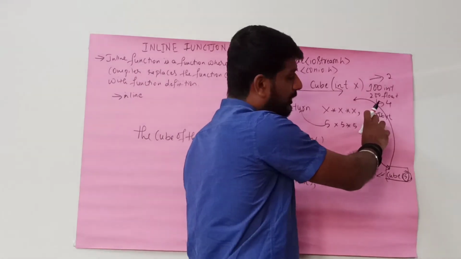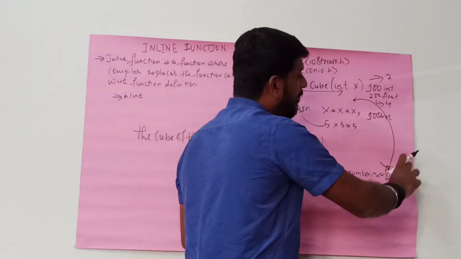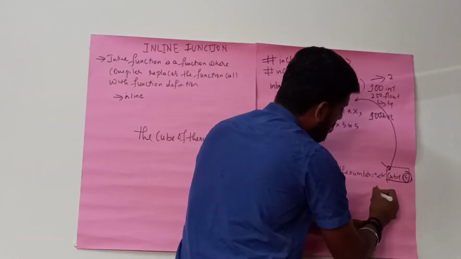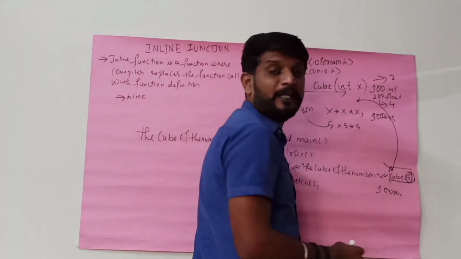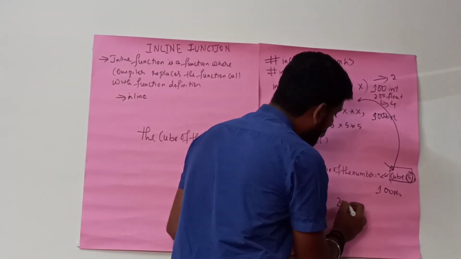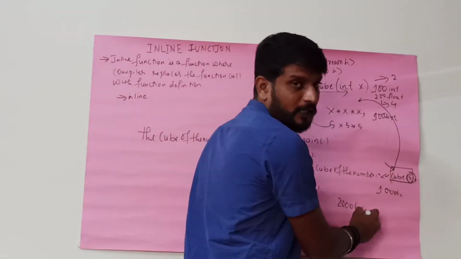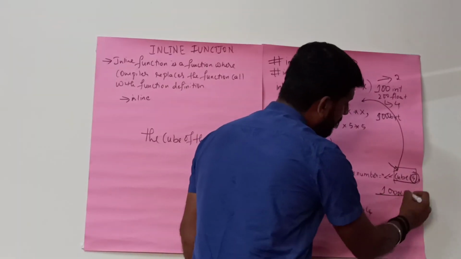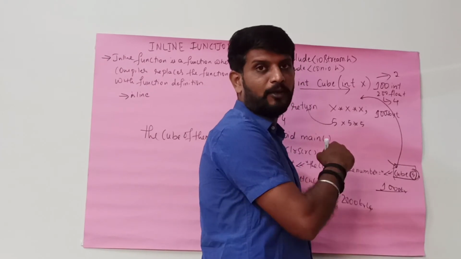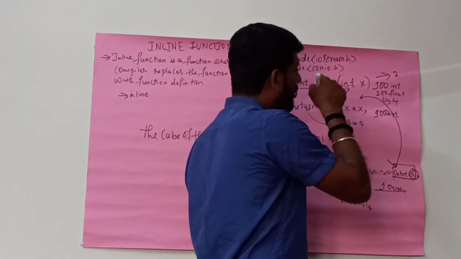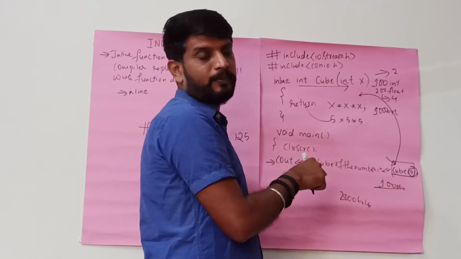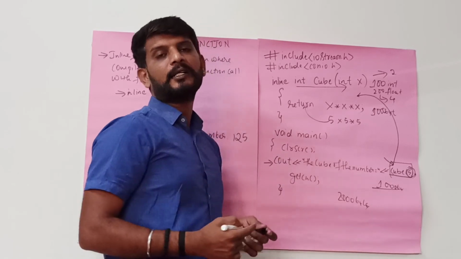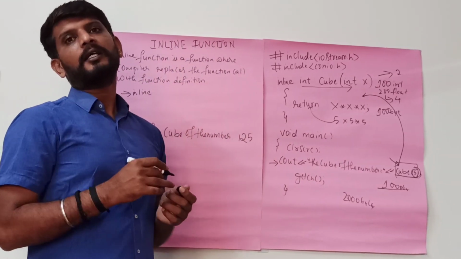Firstly in the function definition. When you call the function, the function call will be replacing the function definition. So again 1000 bytes of memory will be utilized. So totally you will be making use of 2000 bytes of memory. So this is one of the disadvantages. In an ordinary program, only 1000 bytes of memory will be occupied. Whereas whenever you are using the inline function, you will be making use of an excess amount of memory. That is one of the disadvantages of using the inline function.